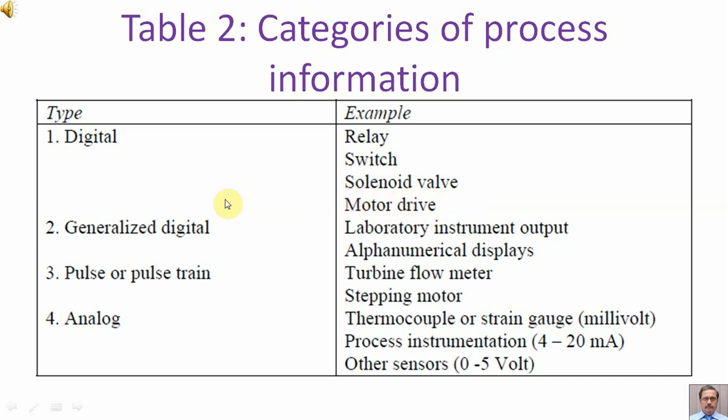In category 2, we have generalized digital, in which the input shall be from laboratory instrument output, and the output shall be in the form of alphanumerical displays. The third category is pulse or pulse train. The pulse train shall be coming from the turbine flow meter, and the pulse output shall be going to the